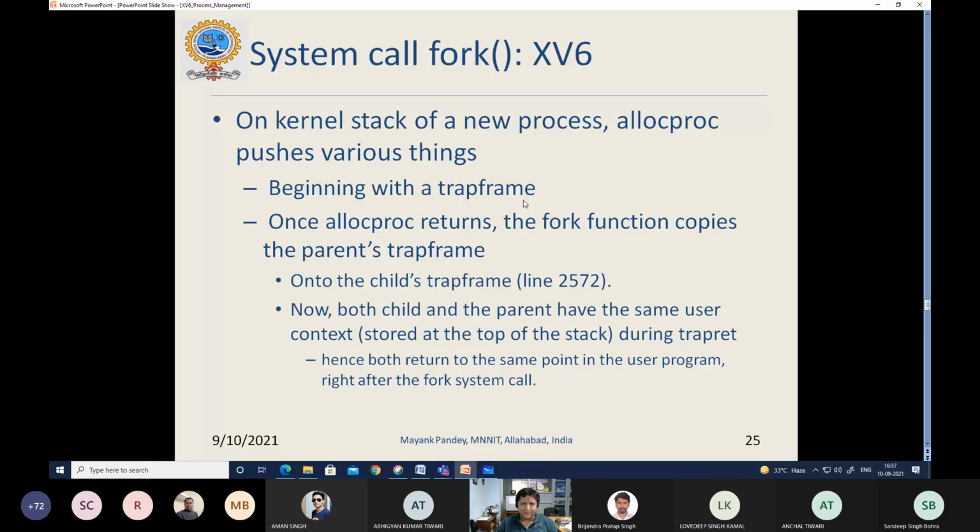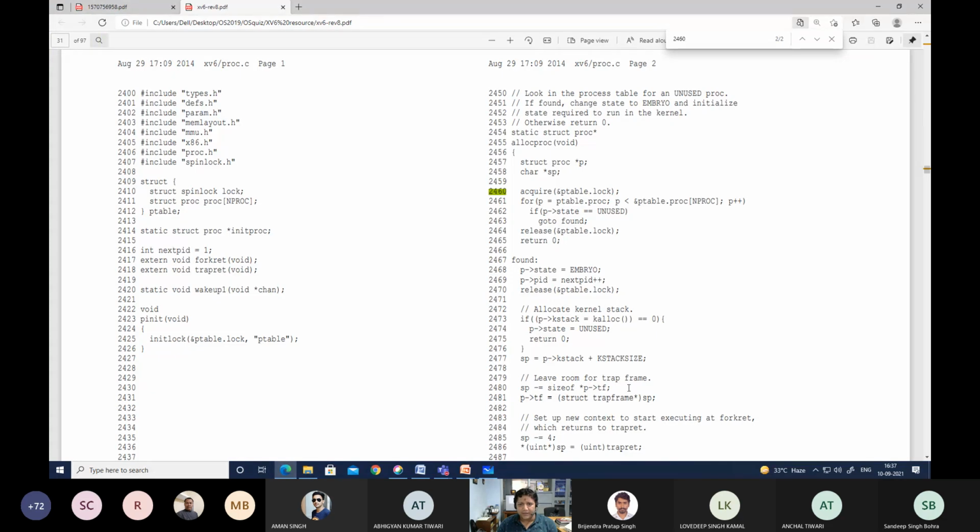It pushes many things. On the kernel stack of the new process, alloc proc pushes various things beginning with the trap frame. And once alloc proc returns, the fork function copies the parent's trap frame onto the child trap frame. How? Let's see, line number 2572. When alloc proc will return